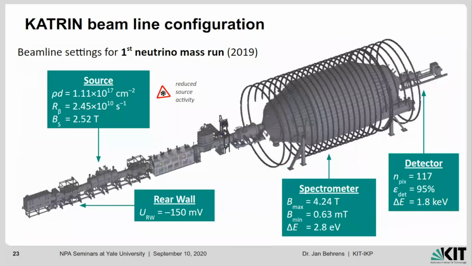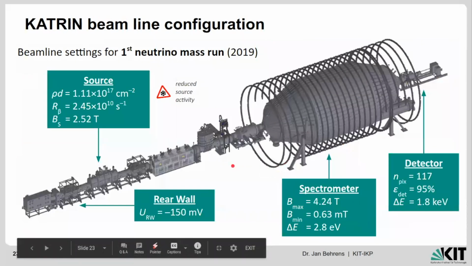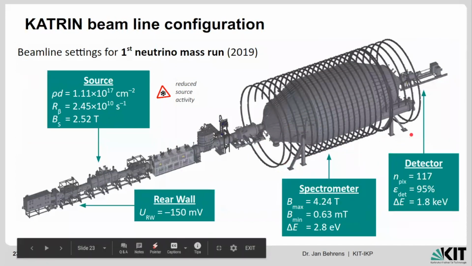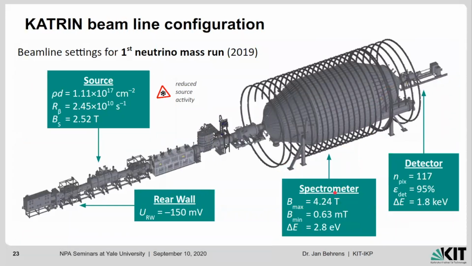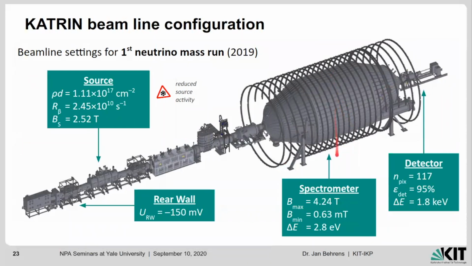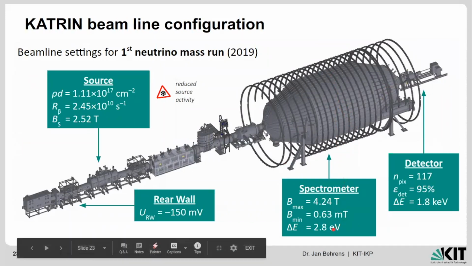And the beamline configuration for the first neutrino mass run is shown on this picture. We have our source at reduced source activity, as I already mentioned, with a magnetic field of 2.5 Tesla in the source. Then at the spectrometer, the maximum magnetic field on the beamline, which is at the end of the spectrometer, is 4.2 Tesla. The minimal magnetic field at the analyzing plane of the spectrometer is 0.63 millitesla, and this gives us an energy resolution of 2.8 eV. And then at the detector, we were able to use 117 of the 148 pixels that we have